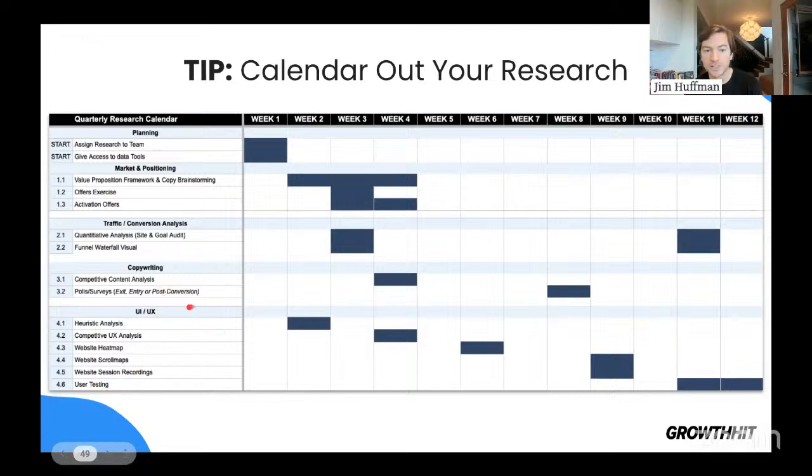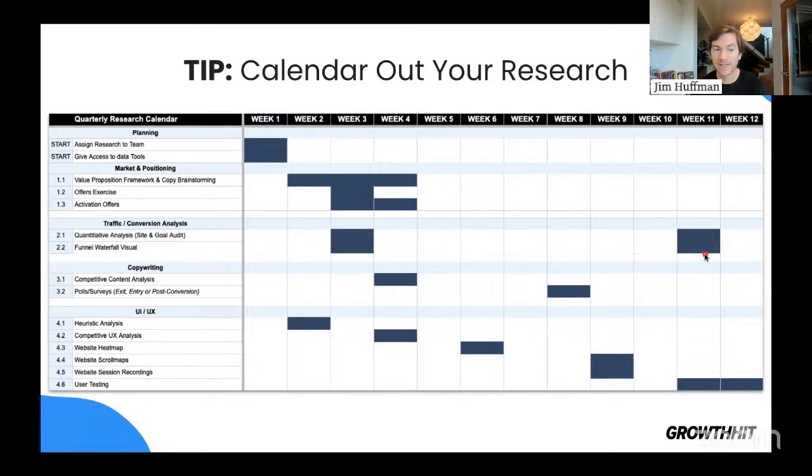We're going to do polls and surveys this many times. We'll even do a competitive content analysis. We're going to do funnel waterfall visuals from our ad funnel and our organic funnel two times per quarter. That way you make it a non-negotiable. And I'd even say, okay, funnel visualization will be done at week 3. I put that on the calendar, so we're going to review Jim and Deborah presenting that at week 3